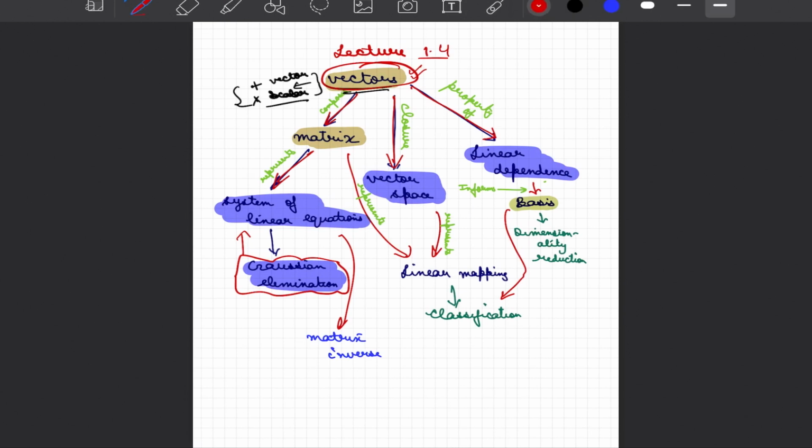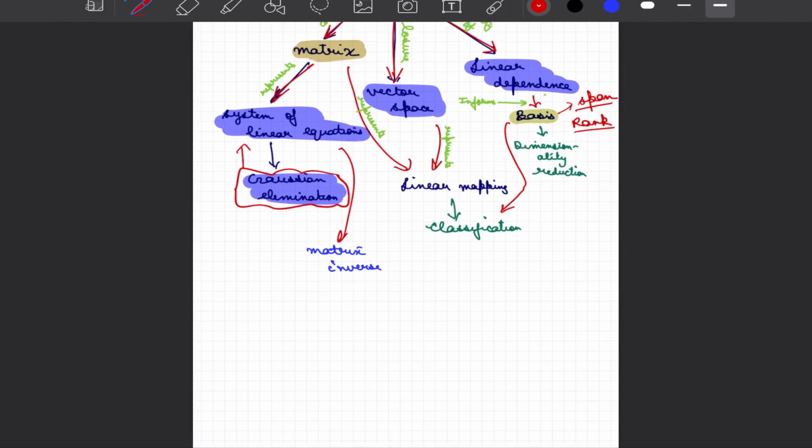And now we will move ahead into our discussions where we will try to understand the concept of bases and spans. To understand bases, we need to understand what this word span means, and once we understand span, basis as well as rank, we would move one step closer to dimensionality reduction. Now, from where we should start? So let us look into the example where we left last time.